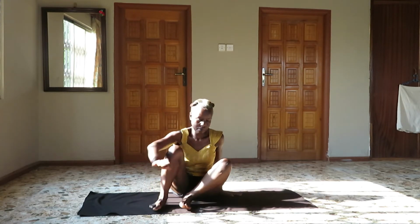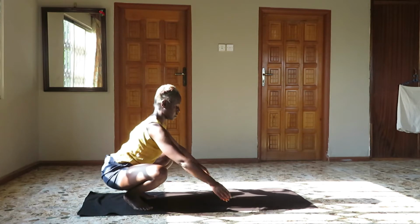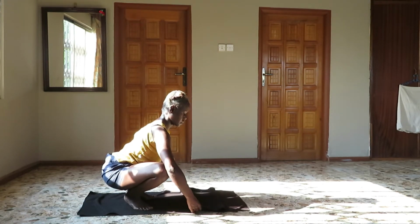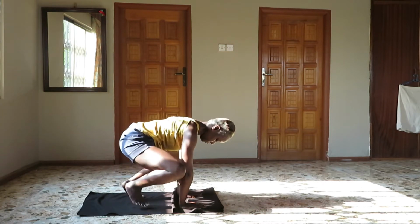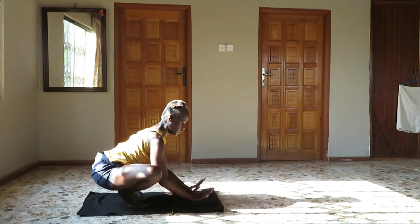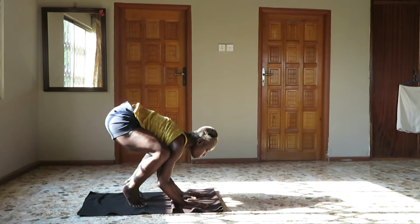So release out of your seated position, shift, and now come into a squat. Roll up your mat to help you and protect your head. We are now going to attempt Malasana, crow position. So place your palms in front. Lifting your hips up as high as they will go, and place your knees right at the tops of your shoulders on your